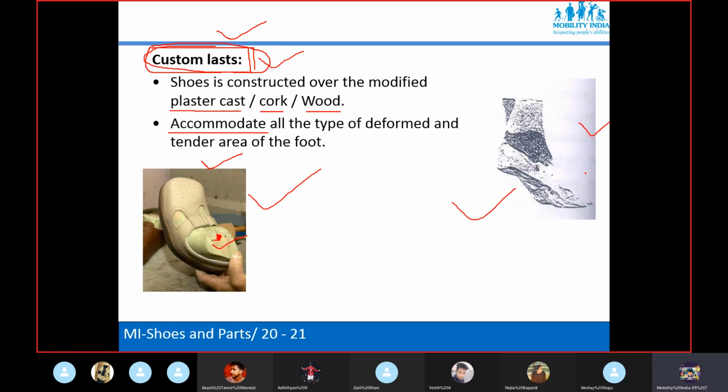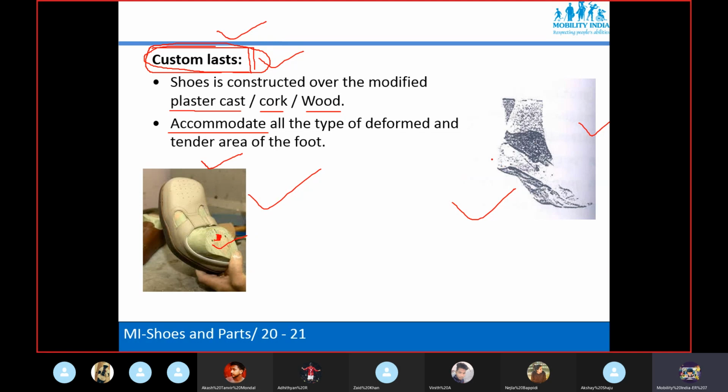You are getting my point? Yeah, okay, sir. Which one are you talking about? This plaster mold, the shoe last, that weight bearing can take? What you are talking about, the mold? The mold is just what you give to the cobbler. The mold is not for weight bearing. The mold is just for designing, shaping the shoe.